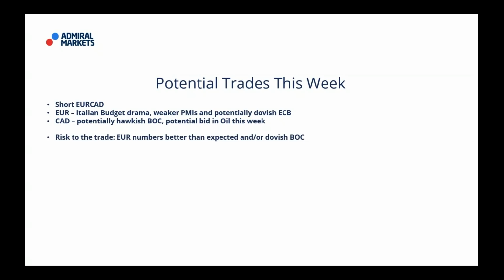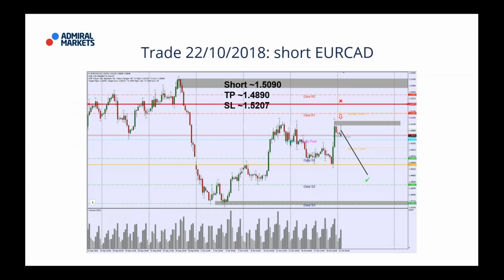So the risk to the trade is that the euro numbers this week come better than expected. I don't think so, but it is a risk, and or a dovish Bank of Canada. Have a look at the trade structure. I'm looking to short, well, I am short, but I'm looking to short right here. Really a very conservative level. This is for you, is the liquidity above here, right? If you want to play this conservative, short the area up here around 153.20 to 30, maybe the liquidity above, and then when the gamma hedges are coming in,